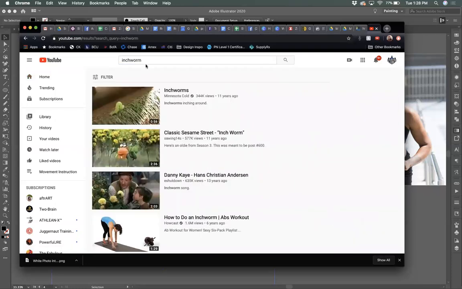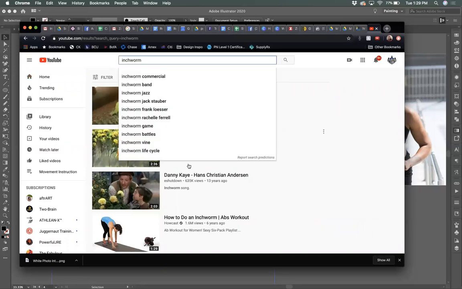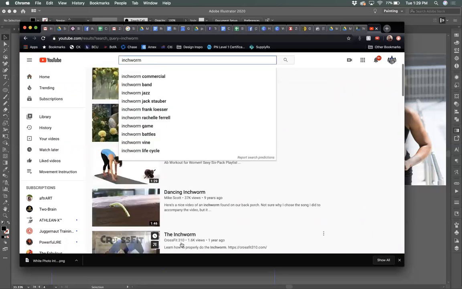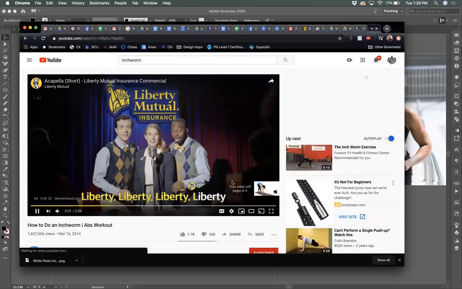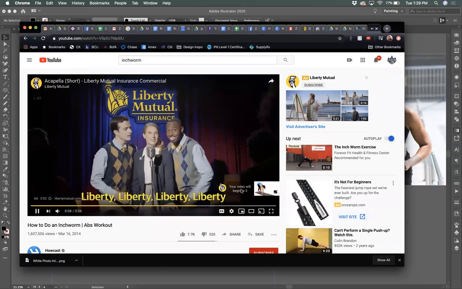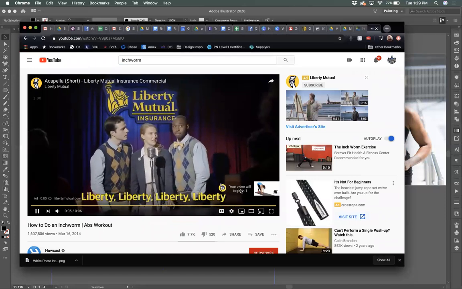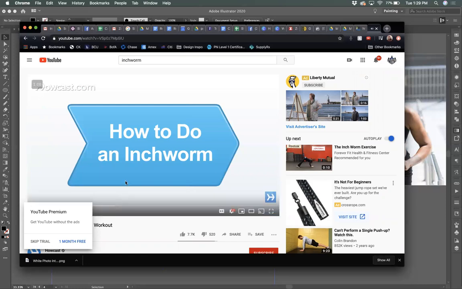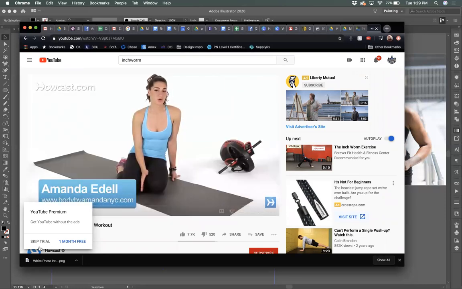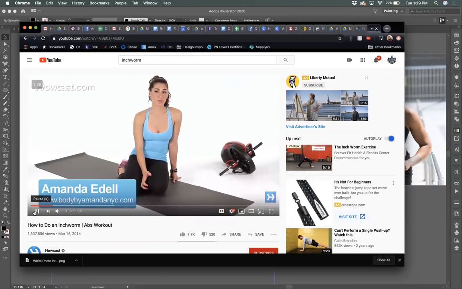I usually will, here we go, how to do an inchworm. I usually try to find one that is super short so that they can just get the gist of it and get back to what they're doing. This one's a little long, but let's say I use